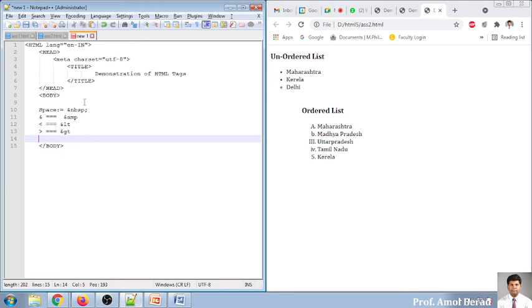And if you want to use trademark, TM, you have to use ampersand TM. That will be displayed in uppercase. If you want to display a copyright symbol, you have to use ampersand COPY. Now, if you want to display register, which various websites have, you have to use ampersand REG.